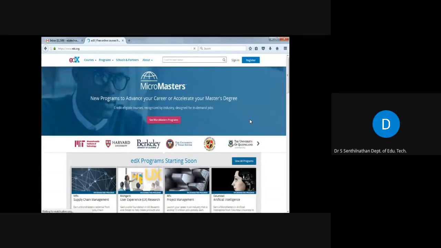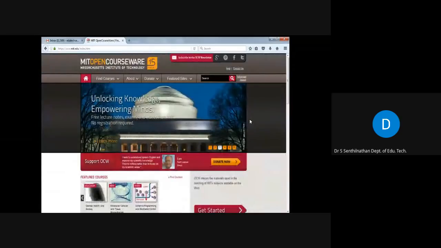And no doubt, MIT is a name that goes with open courseware. All these MOOC initiatives, in fact, the starting point, I may say, is MIT OpenCourseWare. Several years back, the Massachusetts Institute of Technology wanted to share all their teachers' learning resources with the world of learners, so they opened up a concept like open courseware, MIT OCW, the earliest initiative.